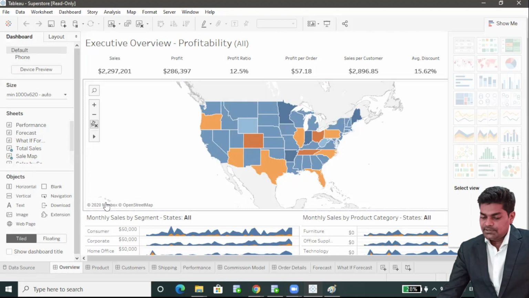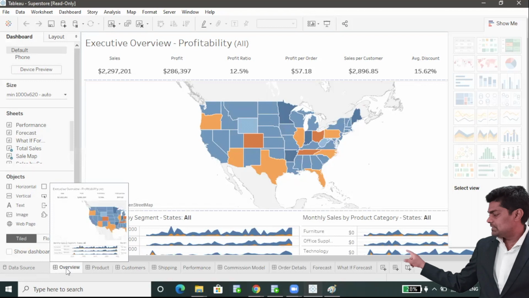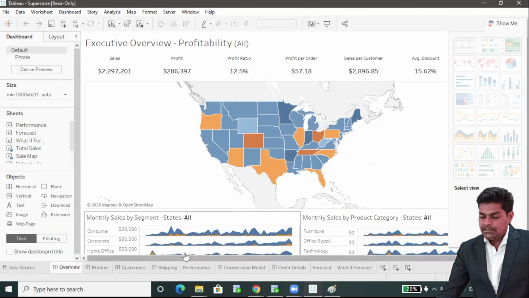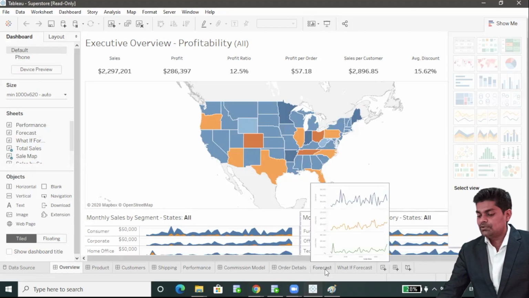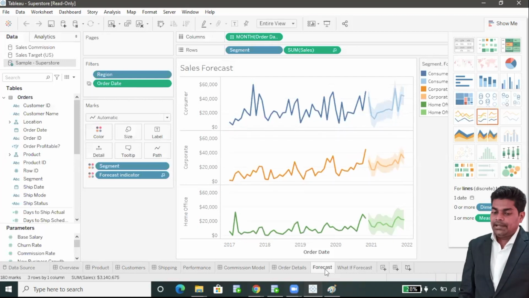Here we have a dashboard, where you can see four boxes, that is the dashboard, and where boxes are not there, those are called sheets, like worksheets. So this is a worksheet.